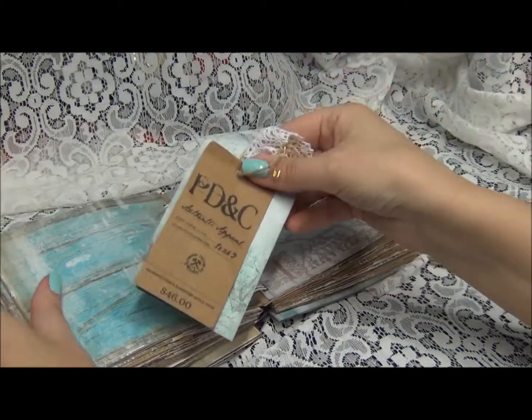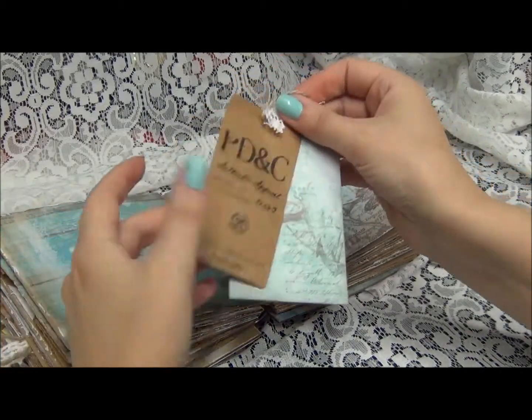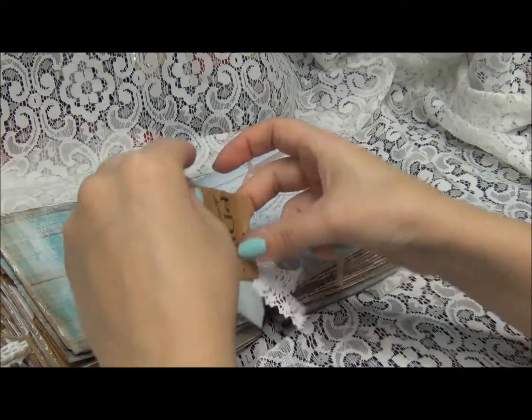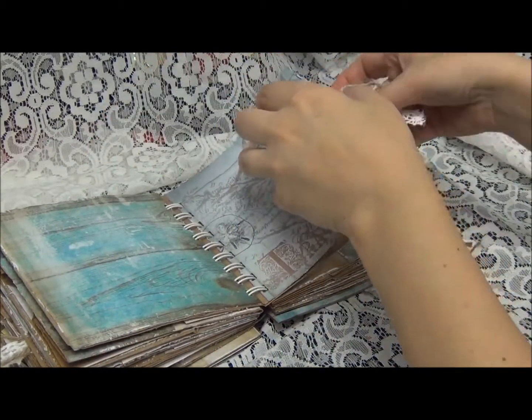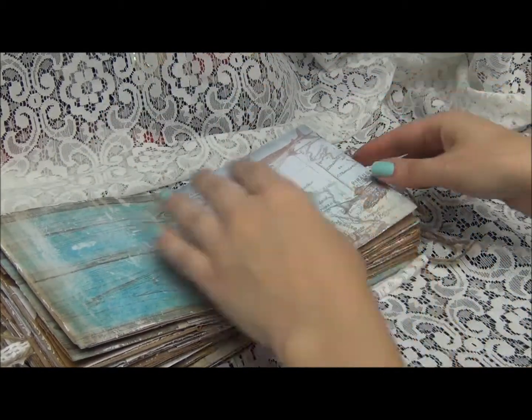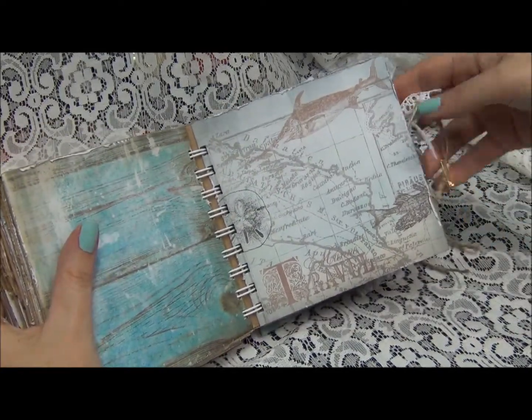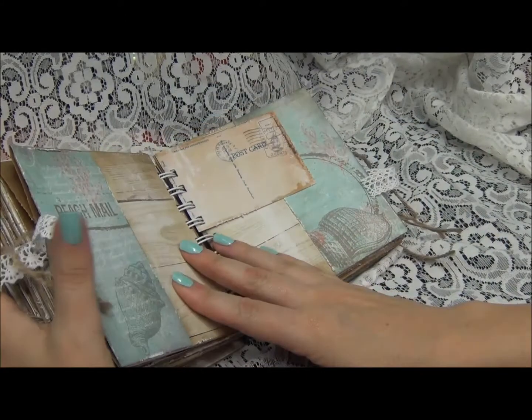And I put a couple tags, and I'm sure she's going to be shopping. I don't know if she will, but I'm sure she will. Poor thing, she was like, I can't believe I just spent $500. I never can spend $500. My parents are going to kill me. I mean,